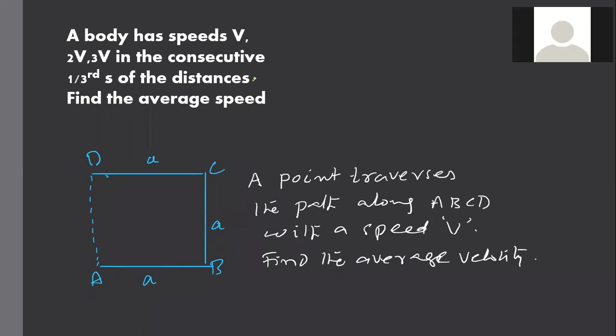Or we can use n by 1 by v1 plus 1 by v2. But yeah, can you just recollect the question, children? If I divide my distance into equal intervals of s by n, s by n, s by n. Here, how did I divide it? Is it s by 3, s by 3, s by 3, right? So what is my n here? 3. So V average equals 3 divided by 1 by V1 plus 1 by V2 plus 1 by V3. Am I right? Yes, sir.